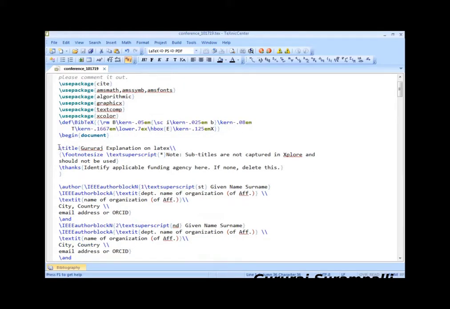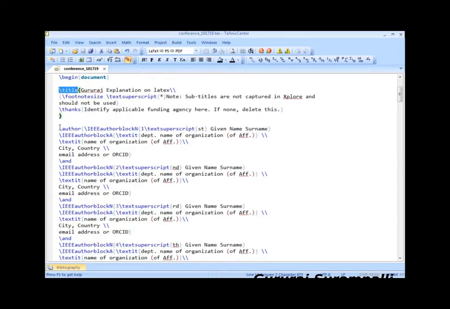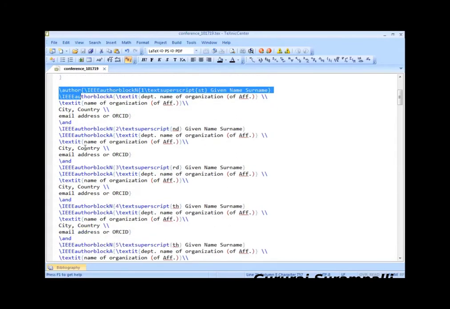Title: if you type backslash title, it will be taken as a title as I showed, and you can start giving the author names here one by one. It will take the author name, and it is also mentioned here, IEEE author block N. So every journal, every conference paper, or every reputed journal asks for a particular format.